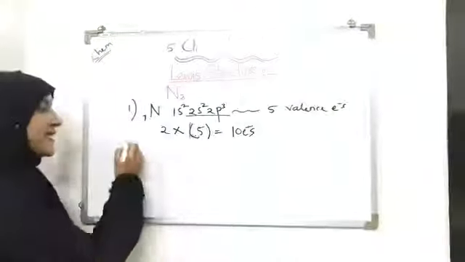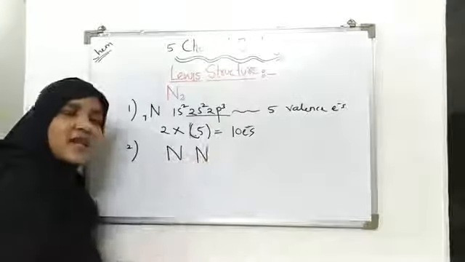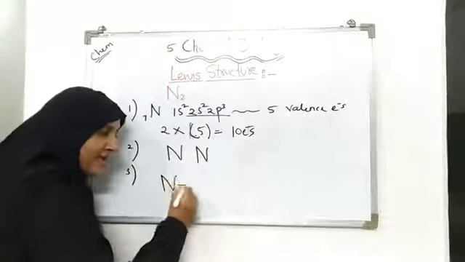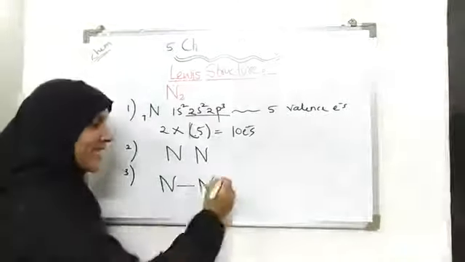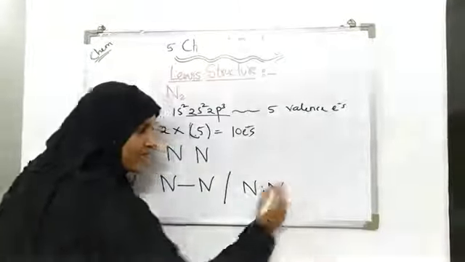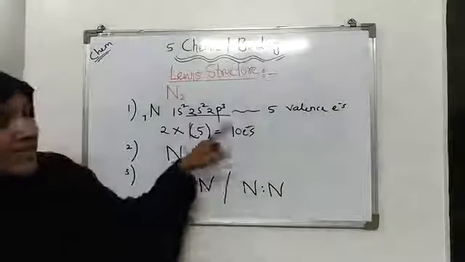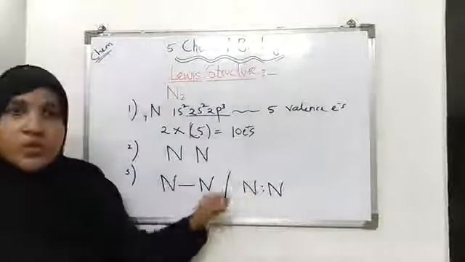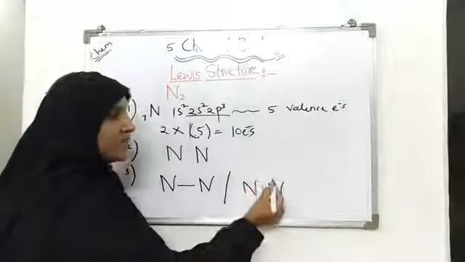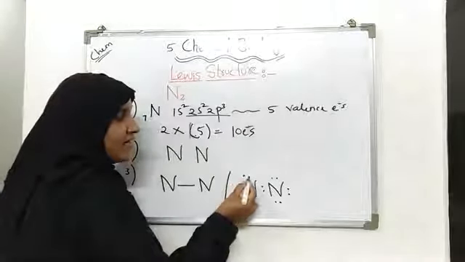ठीक है, हमारे पास 10 वैलेंस इलेक्ट्रॉन्स हैं, ये अपनी फर्स्ट स्टेप हो गई। अब सेकंड स्टेप के हिसाब से हम लिखेंगे इसका स्केलेटल स्ट्रक्चर। तो हमने 2 नाइट्रोजन एटम्स को लिख लिया साथ में। थर्ड स्टेप के हिसाब से हम क्या करेंगे? उनके बीच में सिंगल बॉन्ड बनाएंगे और अपने वैलेंस इलेक्ट्रॉन्स को यूज करके उनका ऑक्टेट कंप्लीट करने की कोशिश करेंगे। आप चाहो तो सिंगल बॉन्ड ऐसे बनाओ या ऐसे, दोनों एक ही बात है। ठीक है, अब हमारे पास 10 इलेक्ट्रॉन्स थे। इस 10 इलेक्ट्रॉन में से 2 आर यूज्ड। ओके, नाउ व्हाट आर वी लेफ्ट विथ? वी आर लेफ्ट विथ 8 इलेक्ट्रॉन्स। तो अब ये 8 इलेक्ट्रॉन्स 1, 2, 3, 4, 5, 6, 7, 8।